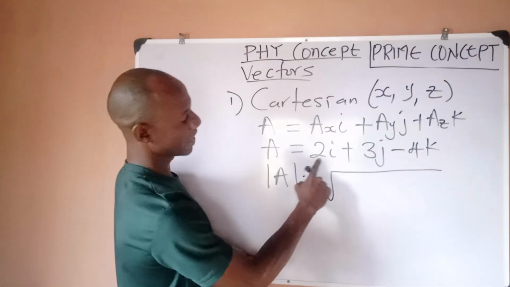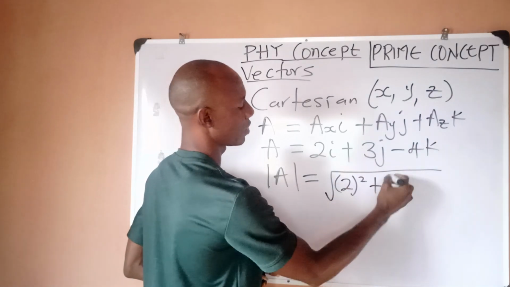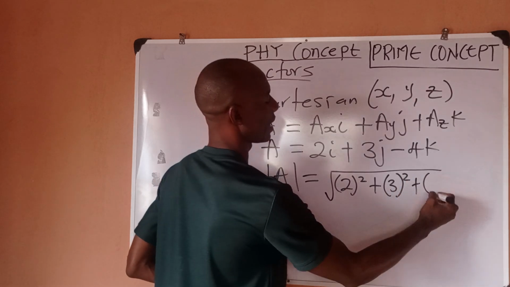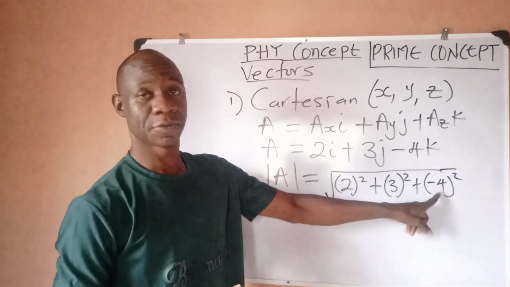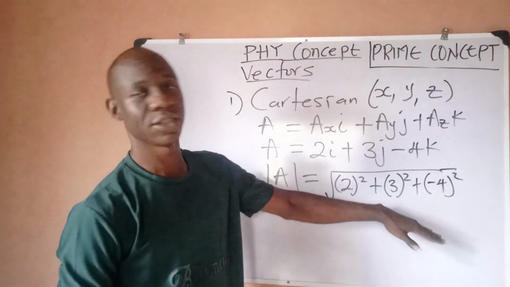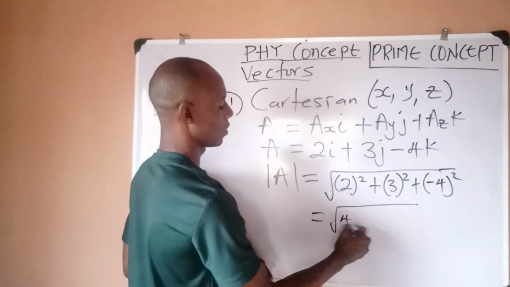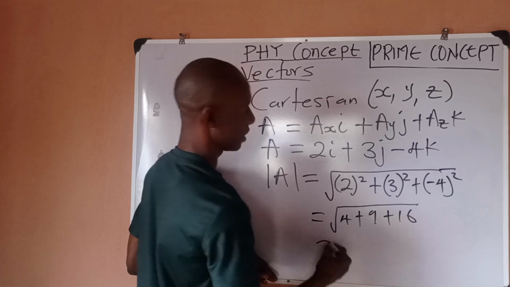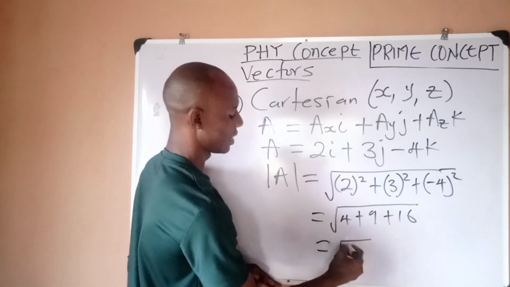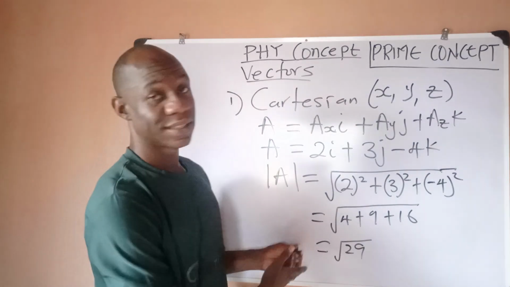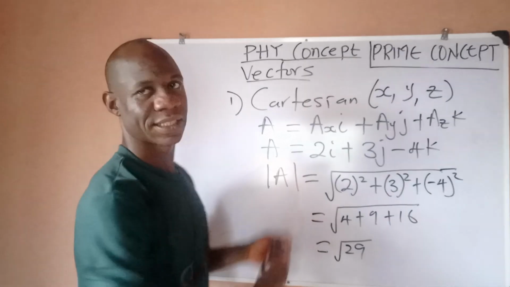What do I mean? The first component I have here is 2. So I have 2 squared plus the next component, 3 squared, plus the next component, negative 4 squared. If you observe, you will notice that my negative 4 is inside a bracket so that you don't make a mistake in your punching. So if you solve this, you would have the square root of 4 plus 9 plus 16. And if you add them up, 4 plus 9 is 13, plus 16, I think it should be 29. So what we have here is the magnitude of vector A. So it's very simple to always find the magnitude, right? Now let's check another